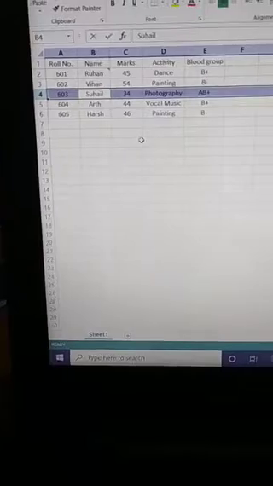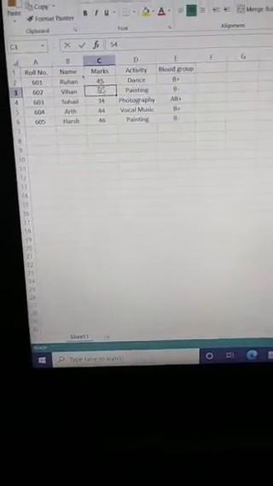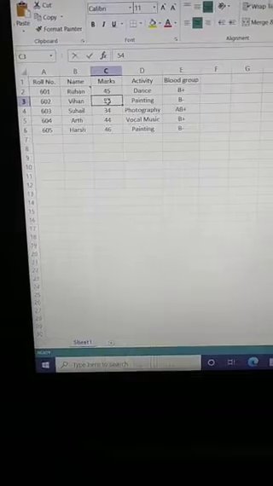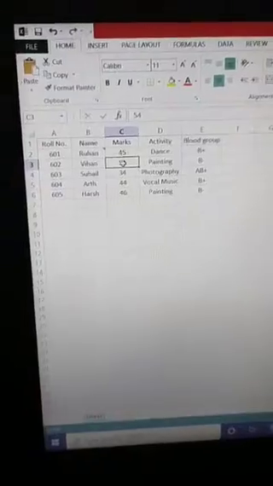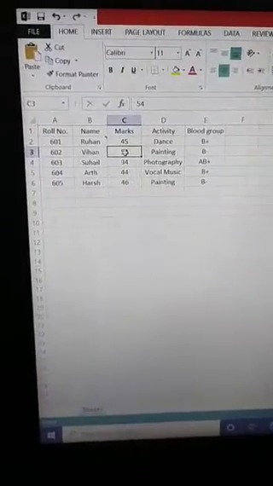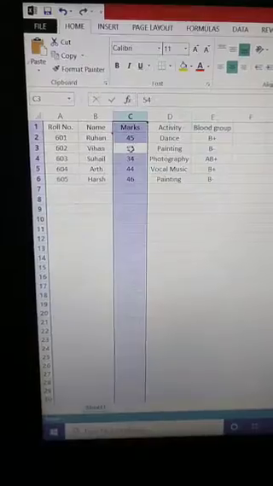And when I want to select a column, I select a cell only, then I can use another shortcut key. It is CTRL and spacebar.